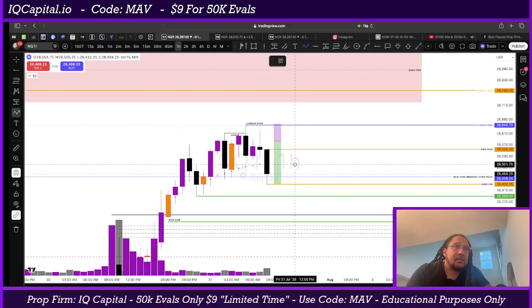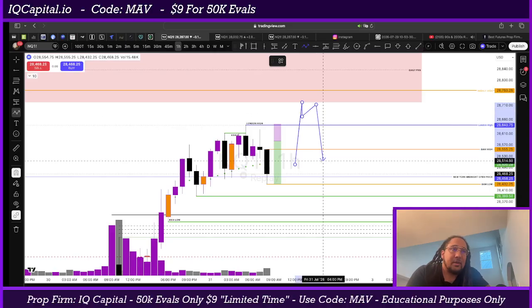do. Will price sweep the 8 a.m. highs along with a key level such as London high or a higher time frame PD array such as this daily fair value gap? And after sweeping these key levels or tapping into this higher time frame PD array, on the lower time frame give us some sort of indication that price wants to continue lower, and we target the